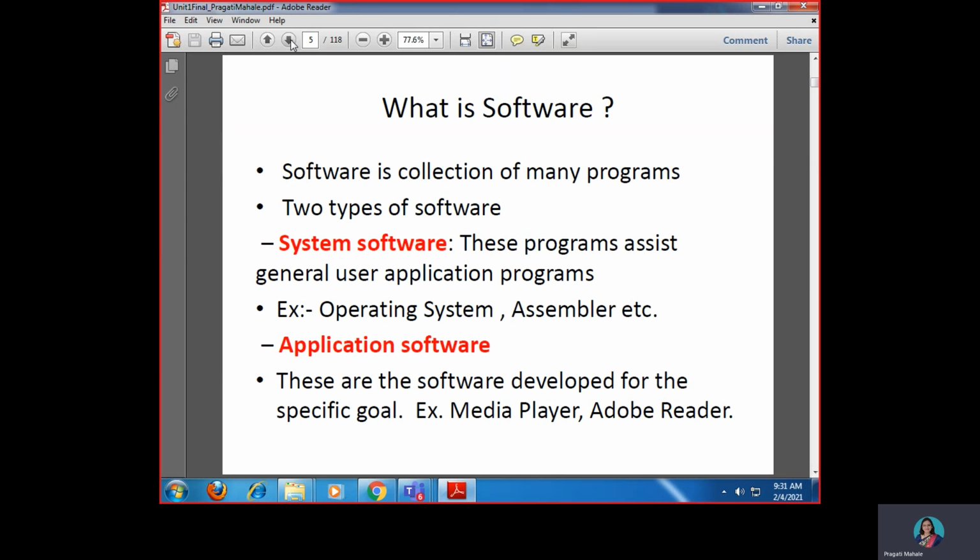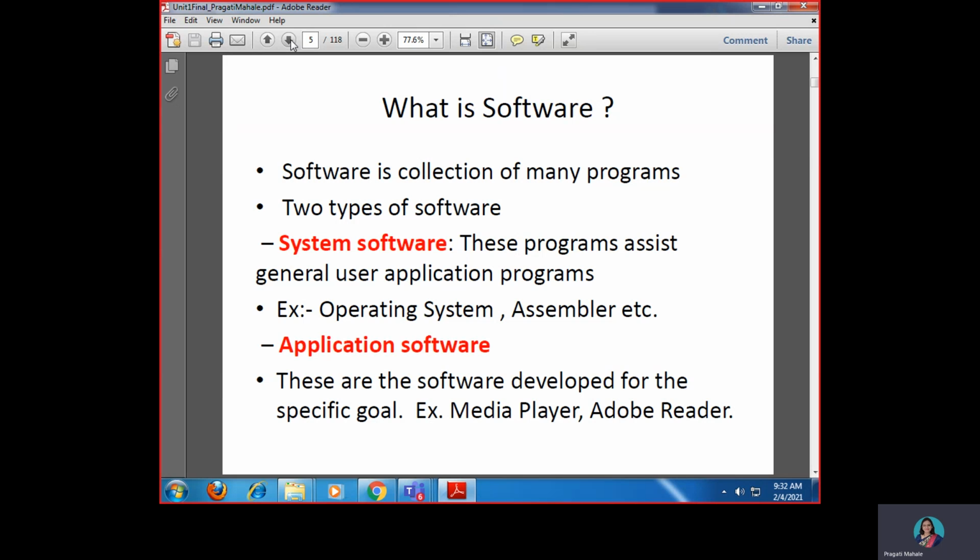Now let us come to the second important definition: what is software? Let us understand the different types of software. Software is a collection of many programs, all the different types of programs that we use on a day-to-day basis on our system, like ERP, email, calculator, Excel, MS Word.